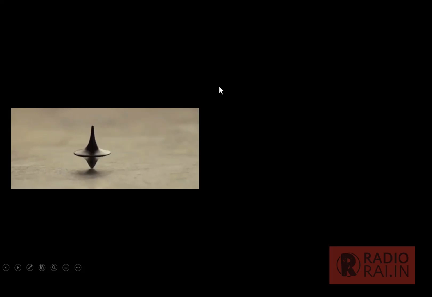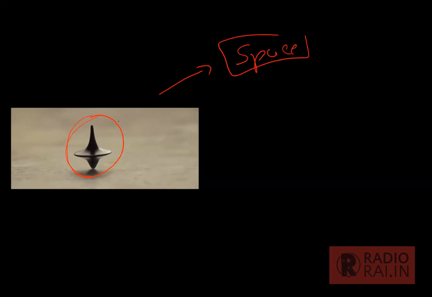So this is nothing but the spin. Now, if I keep the same thing in space, where there is no gravitational force, this will be continuously rotating. When this is rotating, it will not have any angular motion, but this is exactly how it will be rotating continuously. It will not end because there is no force acting around it in space, because there is no atmosphere. So the spin won't reduce, and there is no gravitational force.